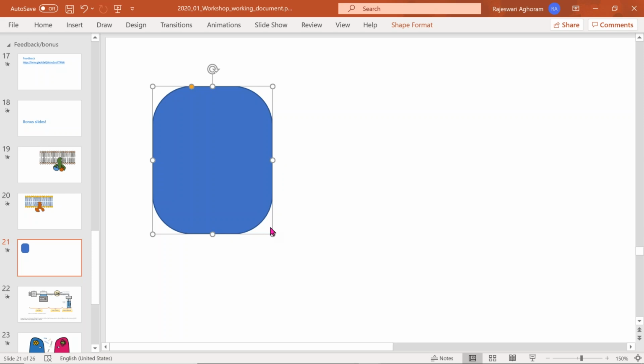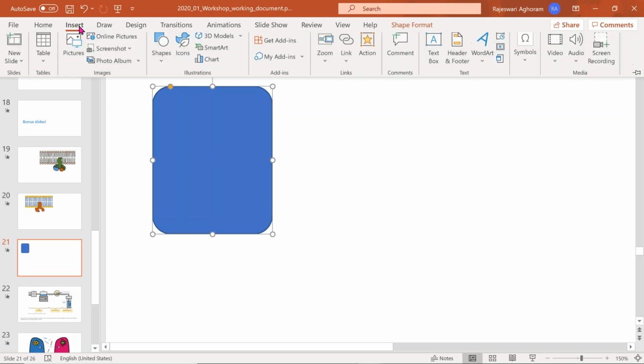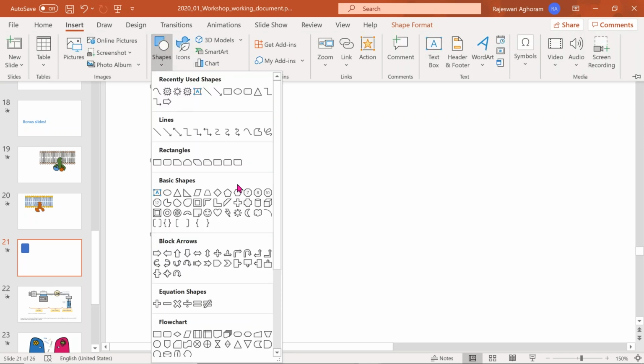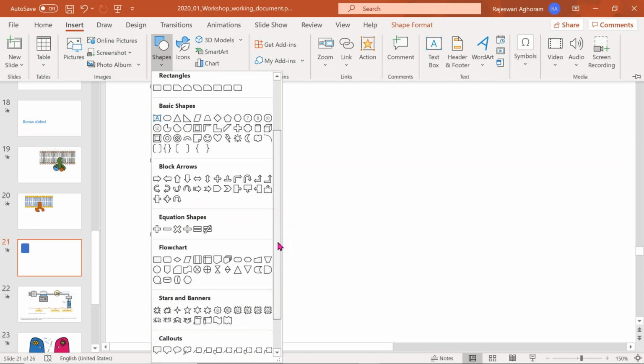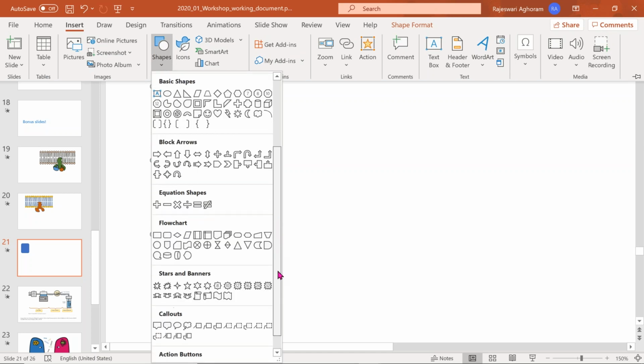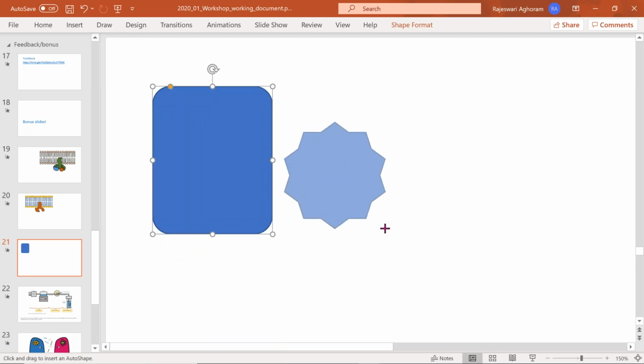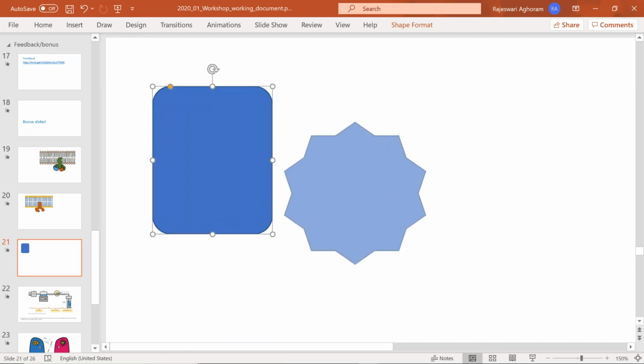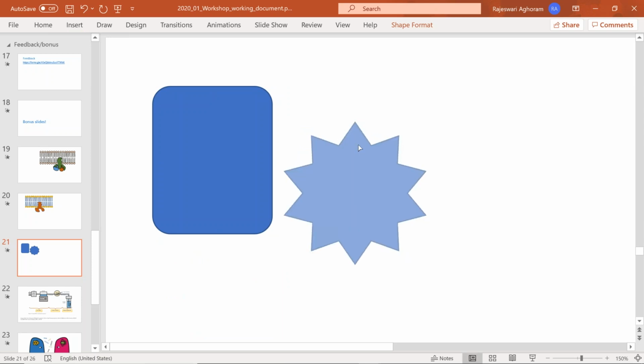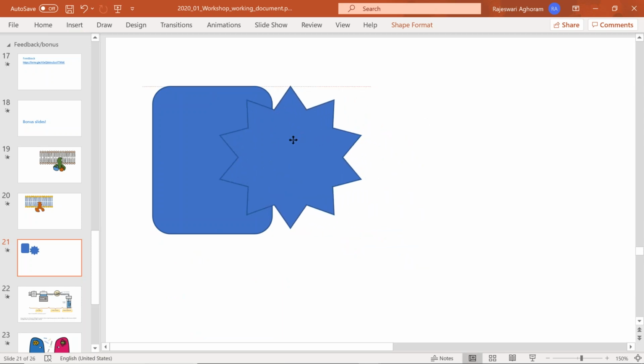Actually, it doesn't just work for receptors, it works for a lot of other things also, many animations. Then I'll insert another shape. In this case, maybe I'll pick a 10-point star. So this is the star I'm going to use. This is my cytokine. I overlap them slightly,